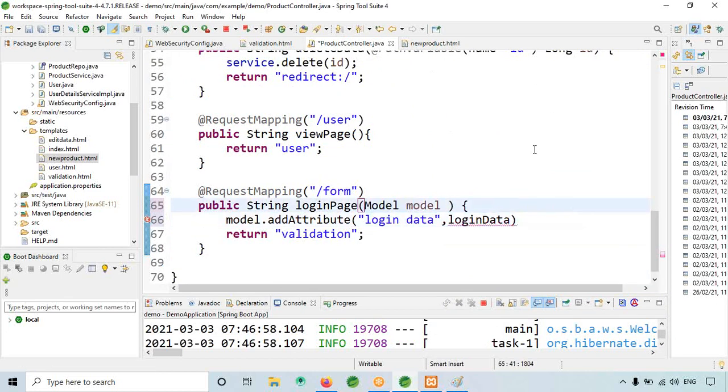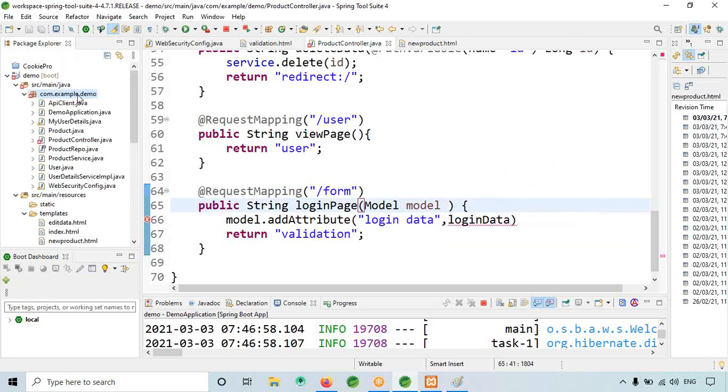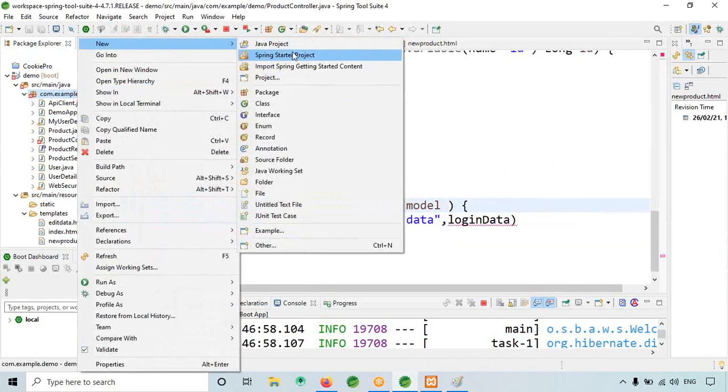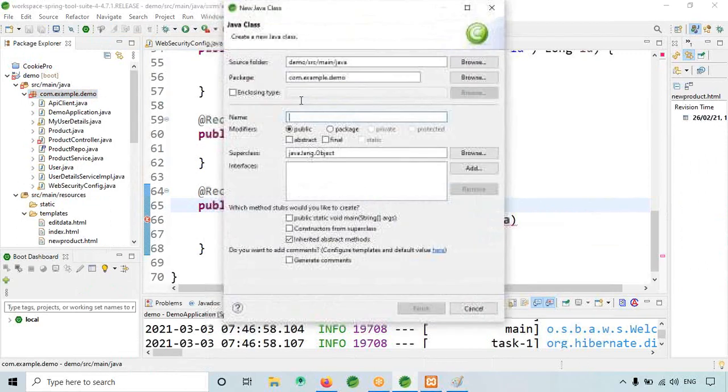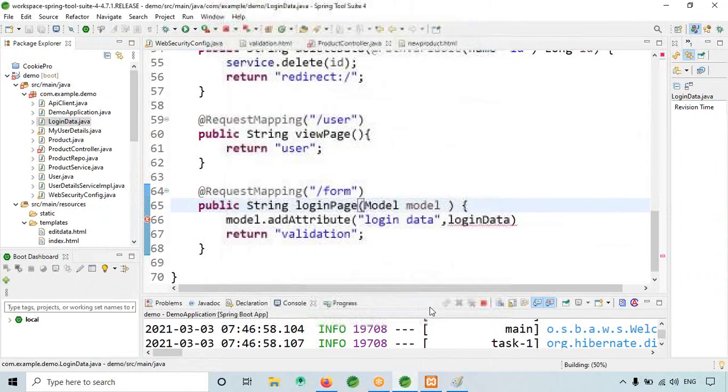Okay, so we'll do one thing. I have to create one class named login data, finish.